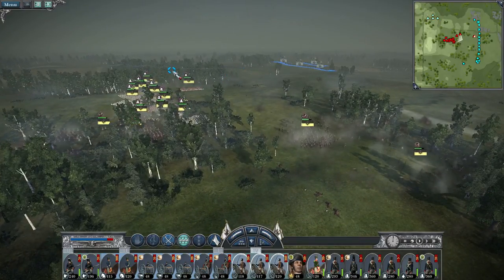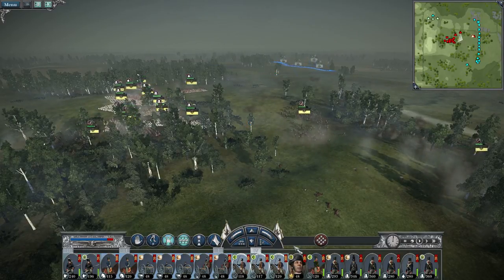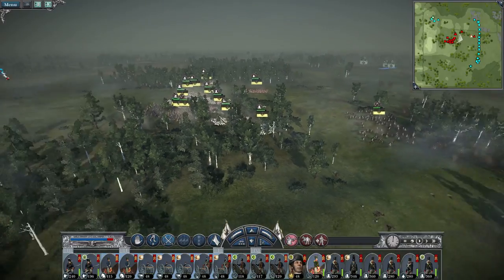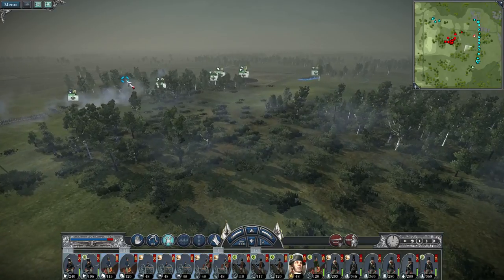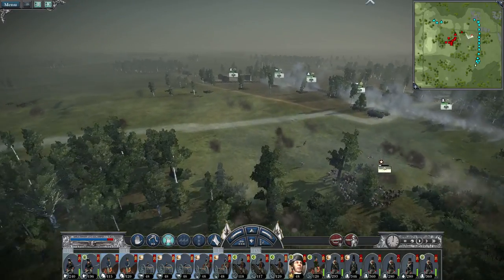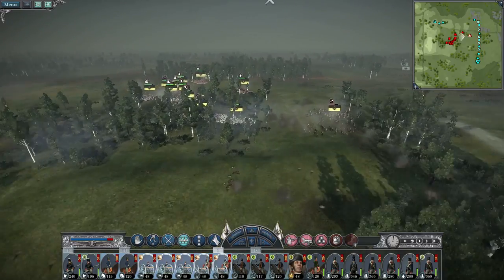So let's move to the rear. Let's cause him a bit of a problem. What we're trying to do here is just get them to keep moving about whilst artillery does the business on them. Okay, so the general is gone as well. Let's just keep the artillery firing on them. We'll try and use up all four of our...